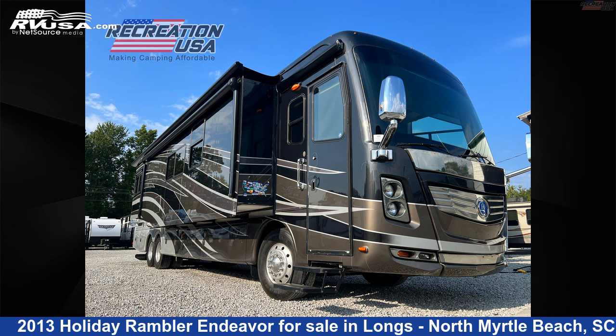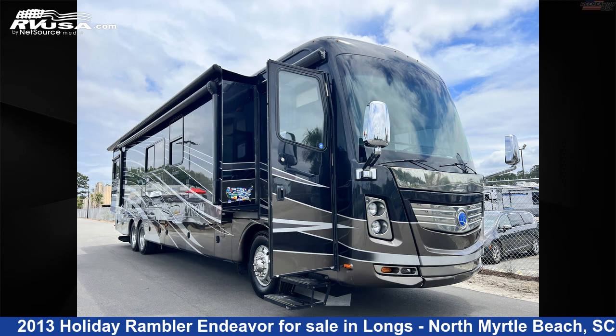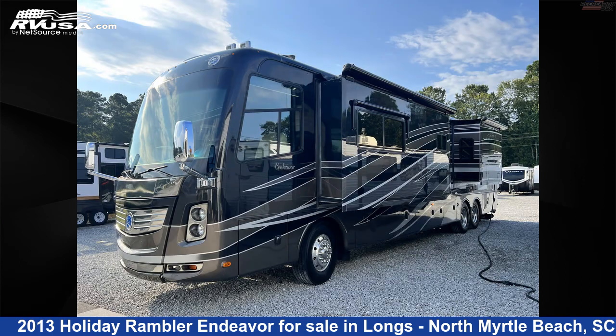This 2013 Holiday Rambler Endeavor 4.3 RFT is a diesel pusher RV. It is located in Longs, North Myrtle Beach, South Carolina, 29568 and is offered for sale by Recreation USA. This used Holiday Rambler is 44 feet 3 inches in length and features 3 slideouts, sleeps 6, slideout, refrigerator, carbon monoxide